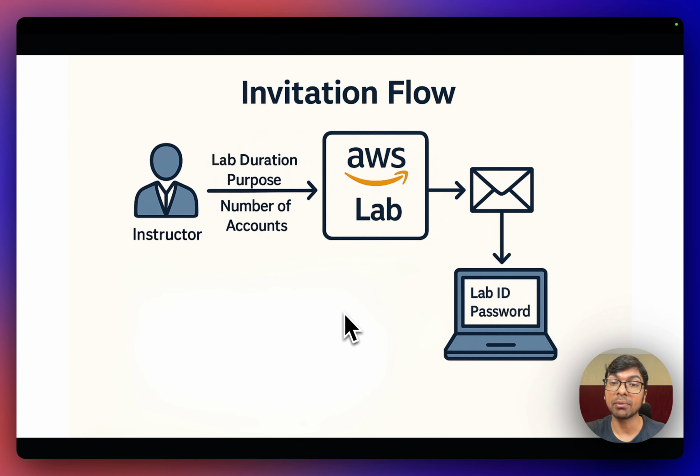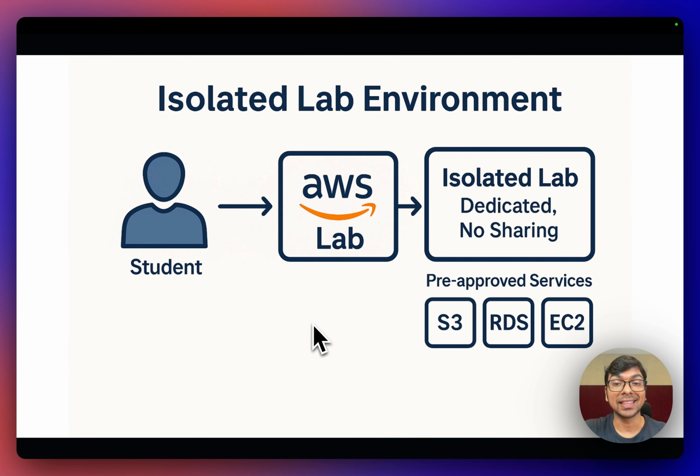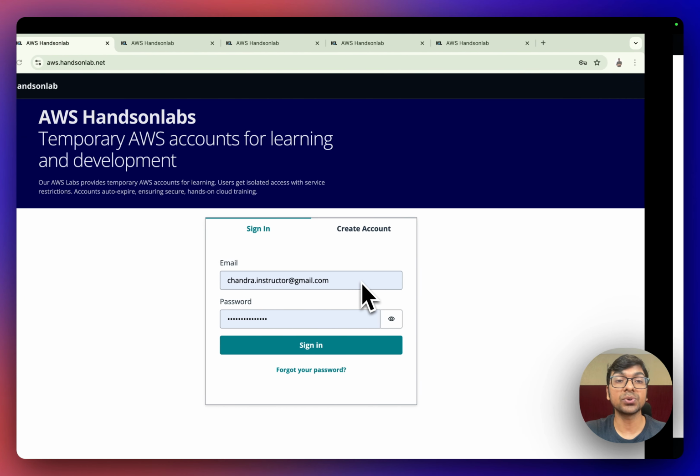Then you create a lab and configure it and share the invitation code with all the students. Students can then use that code to log in their account, and they will be given an isolated dedicated account which is not shared with any other students. They will get only pre-approved services that you allow, and they can only use those services. So to see how it works, let's go to this platform